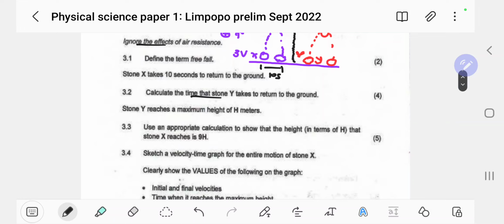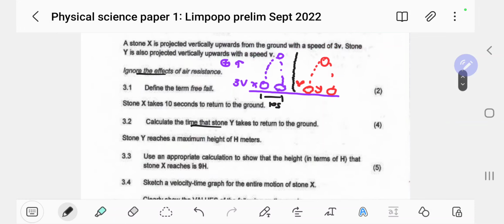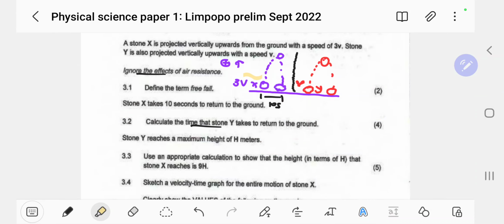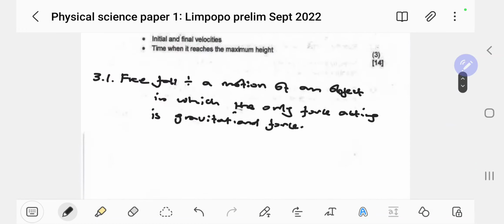Well, we have to be a little bit crafty because the only relationship these two stones have is this guy, the V. So if we can determine V here, if we can determine what this is, then we will divide that by 3 to get here. And then we will know what this is, and therefore we can determine the time. So once you see a 4 marks type of question, you know already 2 steps are involved. So let's get to the business.